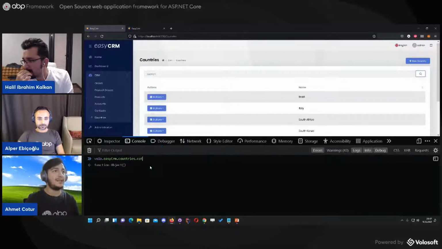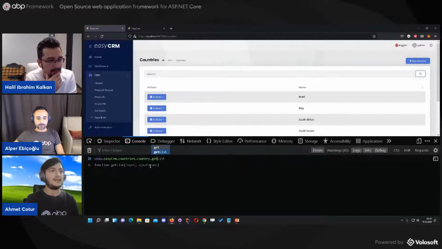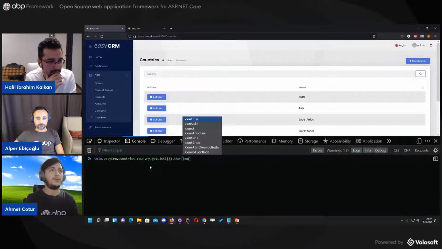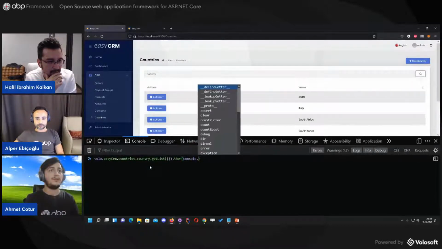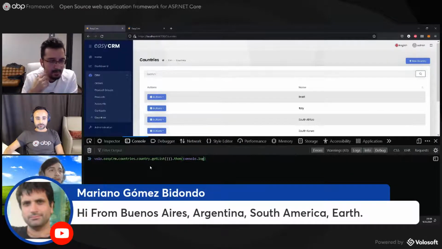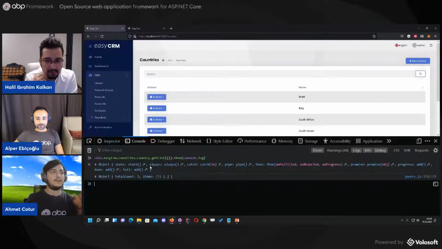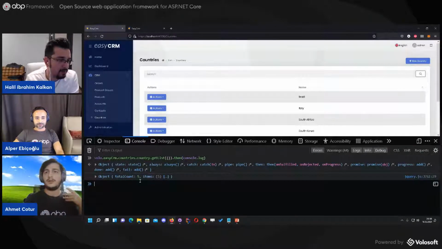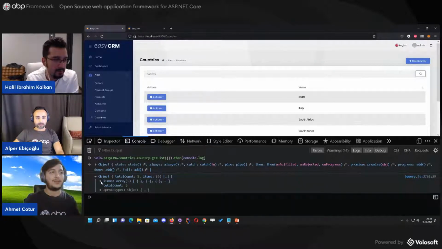Okay, country and get list. Then let me put the response to the console. When I run that, the JavaScript code creates a request to the backend via Ajax, and it consumes the